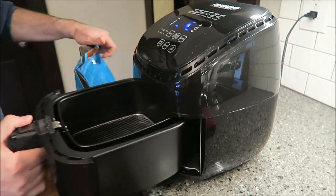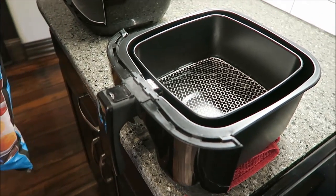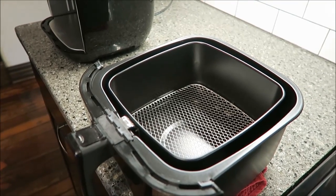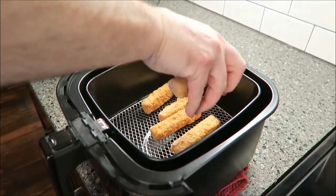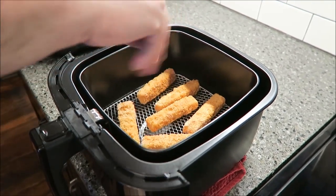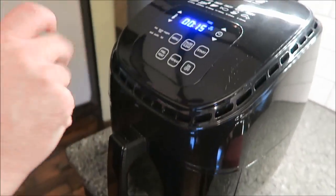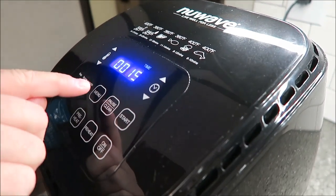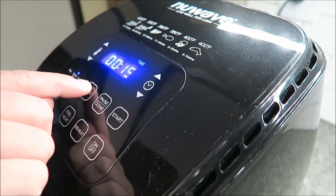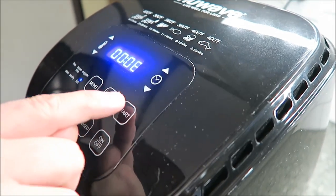So basically, you're just going to take this out. Be careful because it's hot. I'm going to sit it on a dish towel, and I'm going to get 6 fish sticks out. Okay, there's my 6 fish sticks, and I'm gonna stick these back in here, and I'm gonna push the menu button because fish sticks are already on there. So I'm gonna stop at fish sticks, and it's gonna go over here to fish, and I'm gonna hit start,